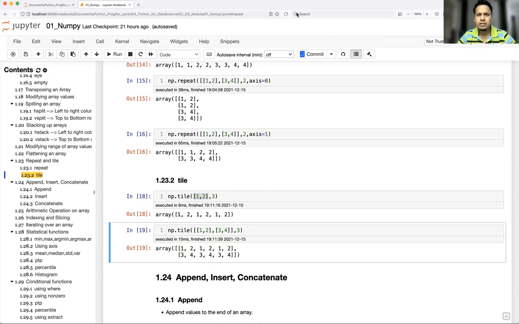Okay, so let me just denote it. If you're not able to see, this is what I'm talking about. The first array got repeated one time, then the second time, and this is your third time. Okay, so similarly, if you want, I can show you another one.